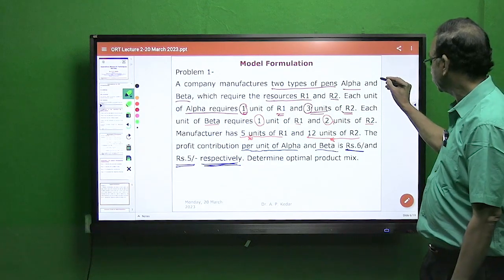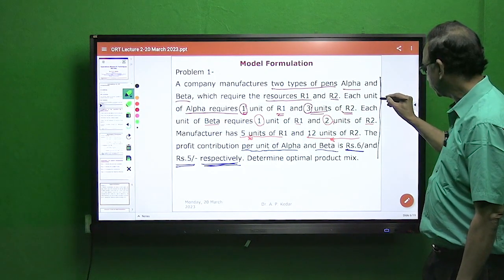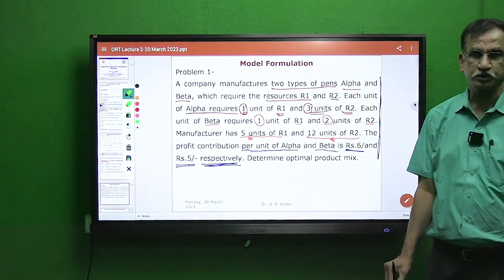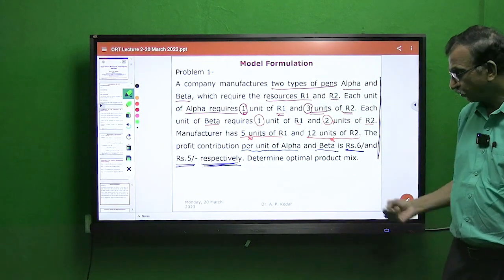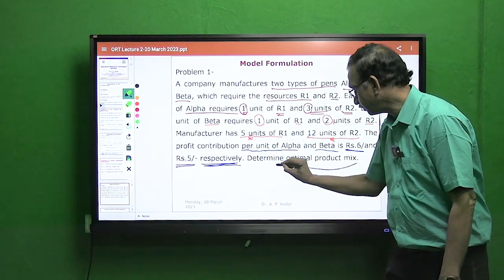This is the entire problem given to the OR specialist, operations research specialist, for determining the